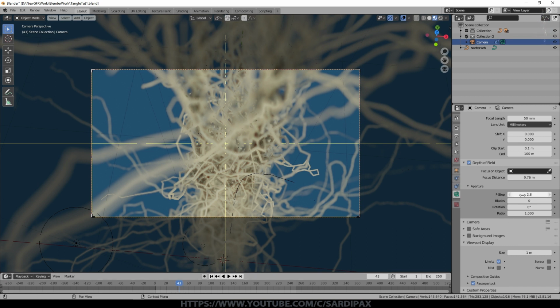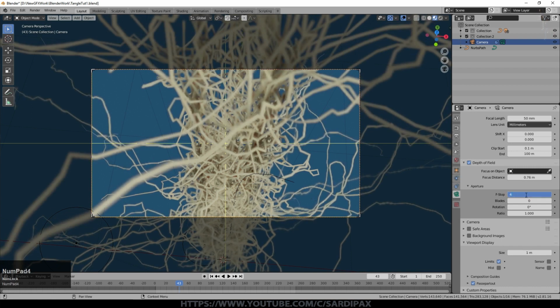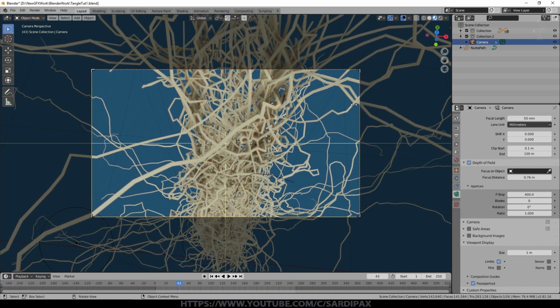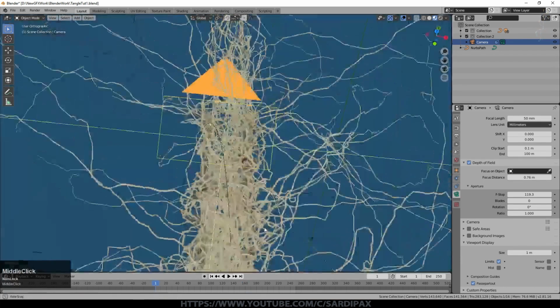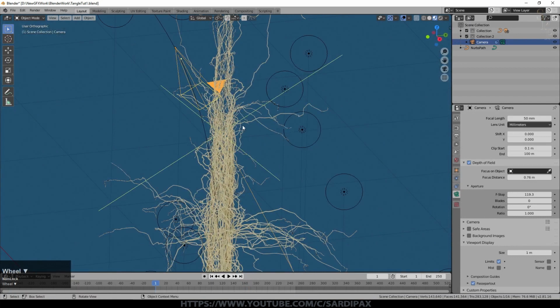So I started to increase the f-stop. And I actually ended up at about 400, which maybe is too much, and there's actually very little that is out of focus at this point. So you can play with that and sort of go for some level that just gives you that little bit of softening of the focus, perhaps when it gets really close to the camera. So if I come in here, maybe 30 is a bit too low, but so we're getting some things out of focus, a little softening of focus for things that aren't quite where that focal point is, but otherwise it's not too bad. I actually played around with adding something else to this as well, but before I get into that,